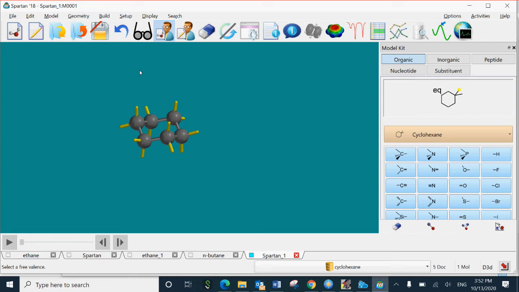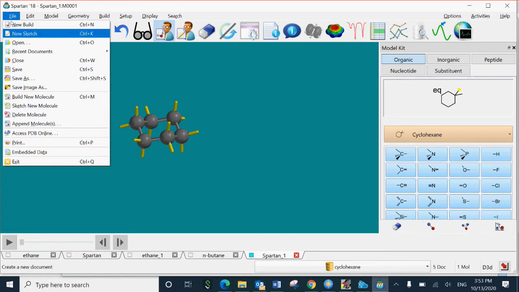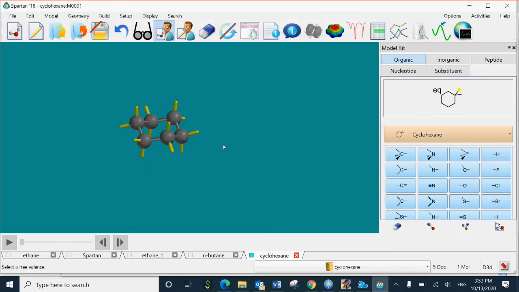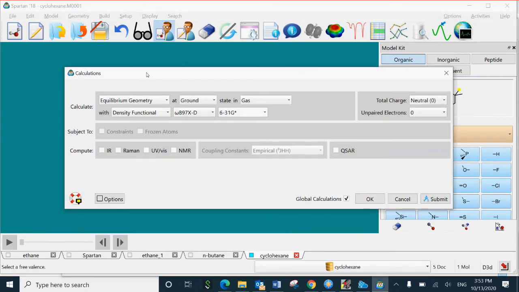strain energy. To find the strain energy, since it is already in the chair form, you can save this molecule and go to setup. First save the cyclohexane, and go to setup calculations, semi-empirical PM3, and submit.